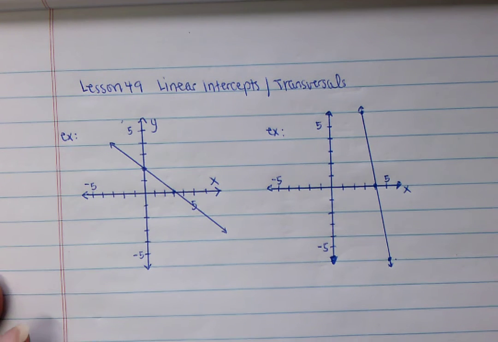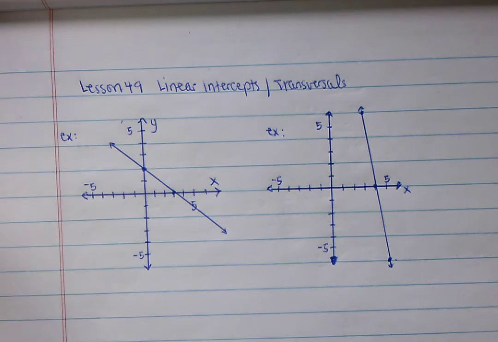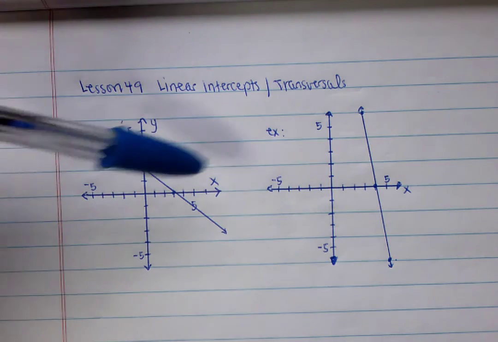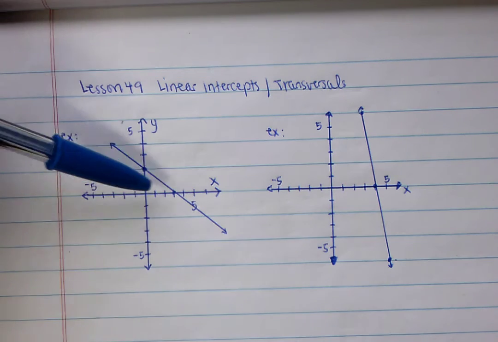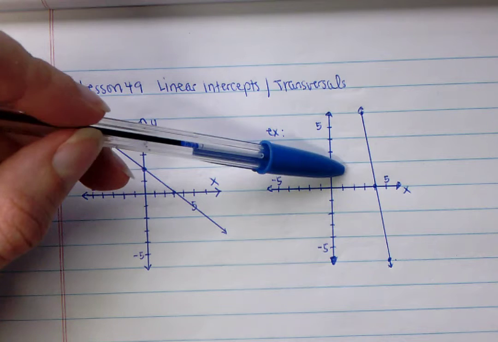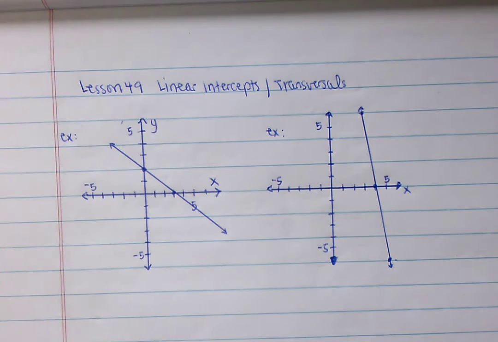Hi students, in this video we are going to review what we know about how to write lines in y-intercept form, and we're going to look at a few different examples. One's really easy to see, and the other one is not so easy to see the way we've normally written it. And then we'll go into problems with transversals